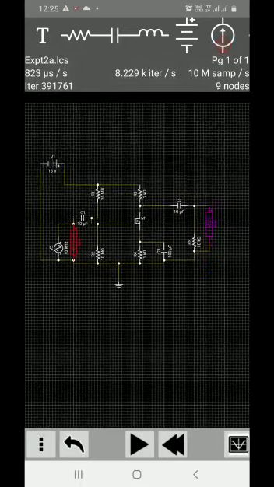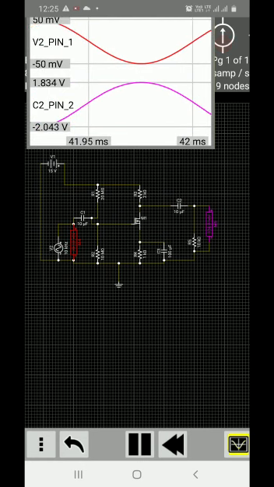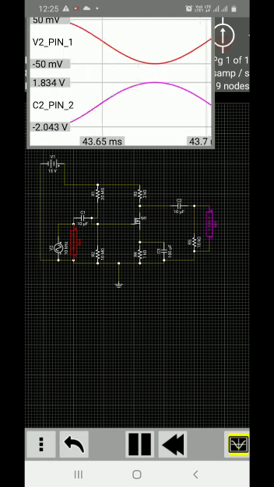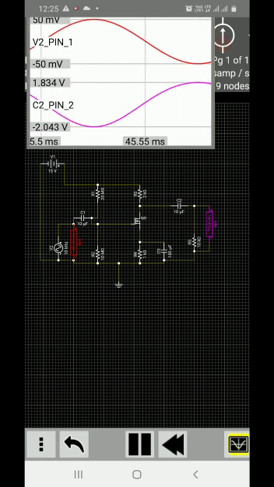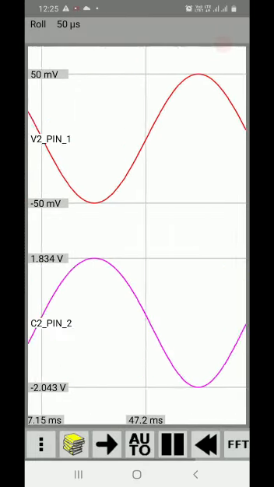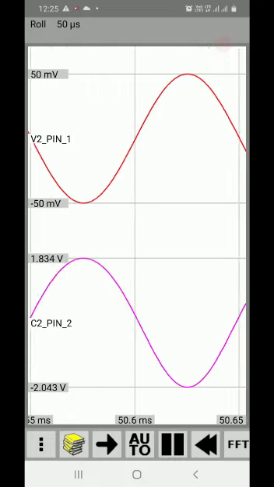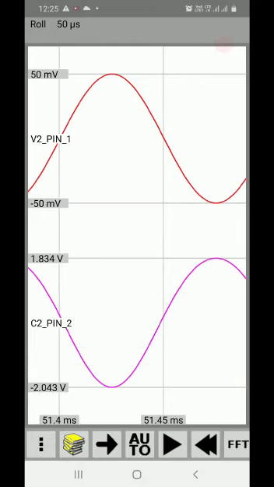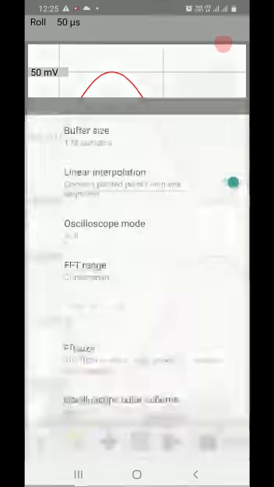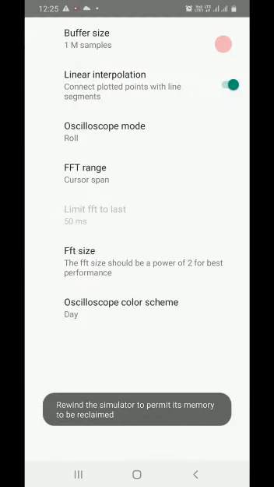Now if I simulate the circuit and click on the oscilloscope, I am able to get the waveforms. Initially you may not be able to observe them. If you double click this window, then the simulation works continuously. I will pause the simulation. On the left side, 3 dots are there, which give me the details and settings of the oscilloscope.